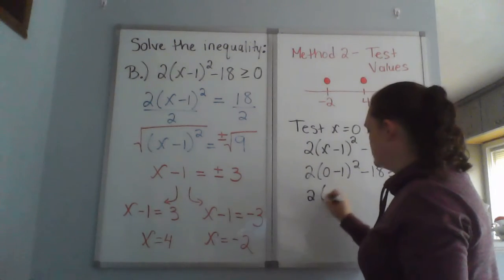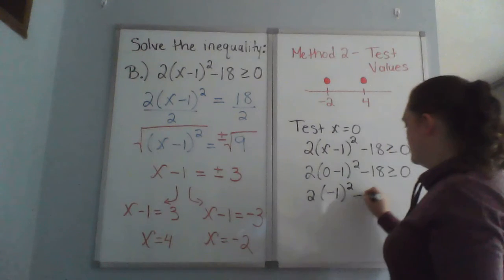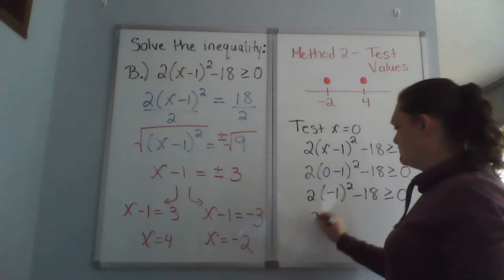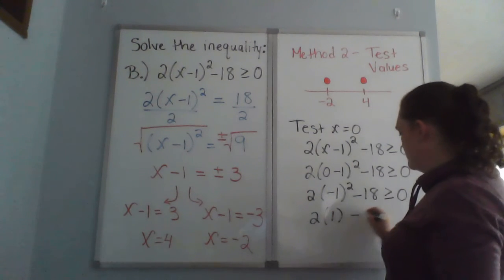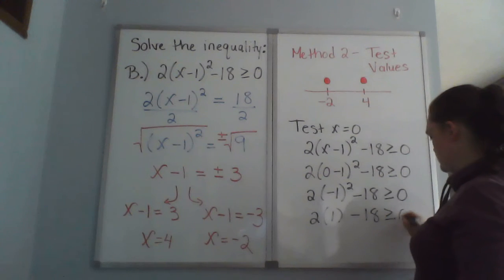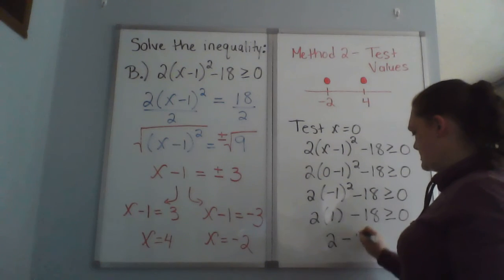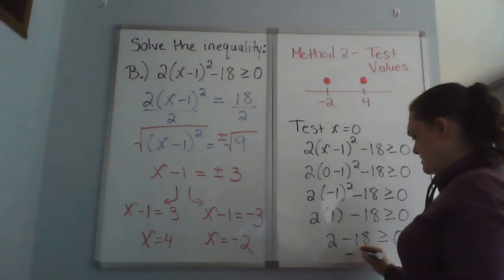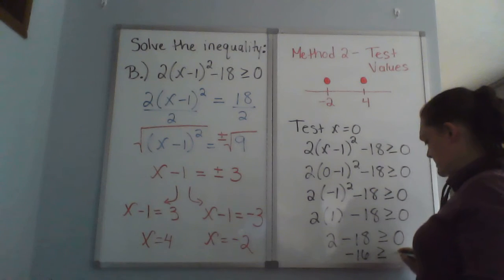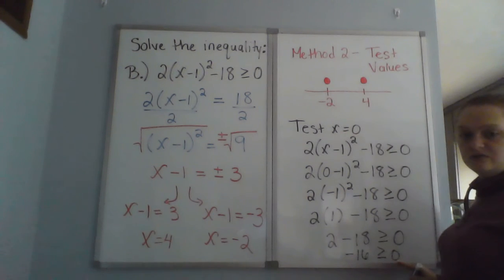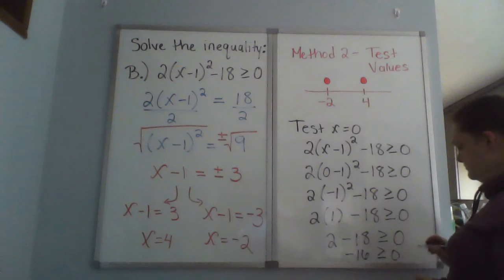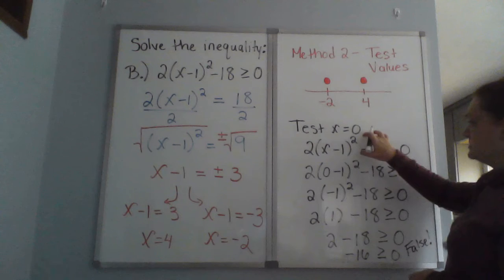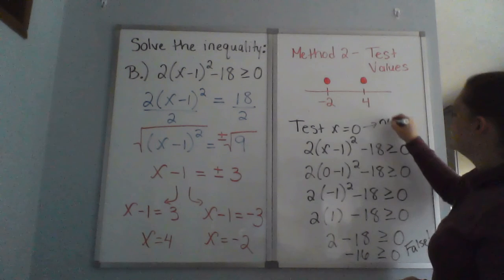So this is 2 times negative 1 squared minus 18 is greater than or equal to 0. Negative 1 squared is positive 1, so this is really 2 times 1 minus 18 is greater than or equal to 0. So I've got 2 minus 18 greater than or equal to 0. Well, that's negative 16. Is negative 16 bigger than or equal to 0? And that's a big fat no. This is a false statement. That means x equals 0 is not a solution